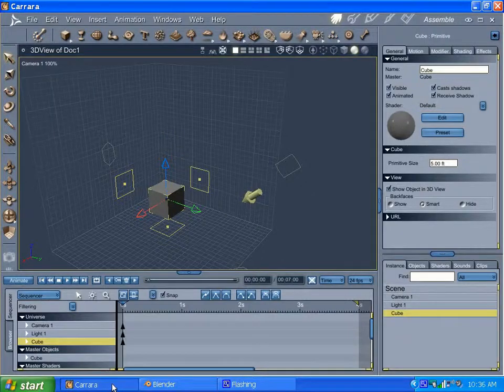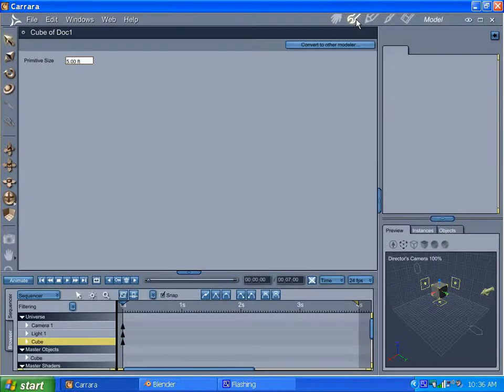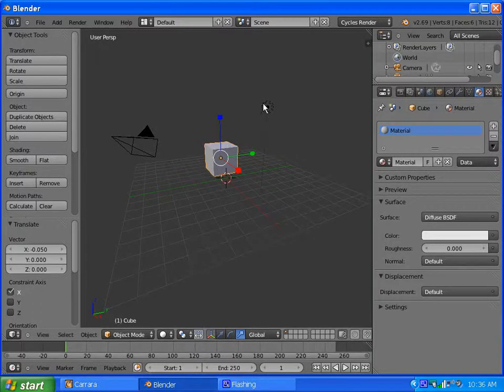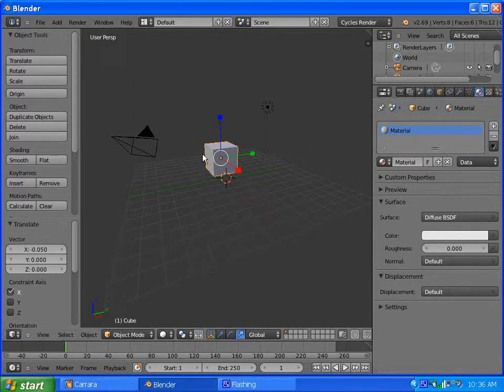Yeah, it's kind of complicated to explain. I'm trying to do a quick overview, but they are comparable in some ways. And oddly enough, Carrara has the modeling room. Right now it is just a generic primitive, but if you click convert to other modeler, you get meshes and stuff. And Blender has its, well, you just use it right here, but you go into edit mode and you